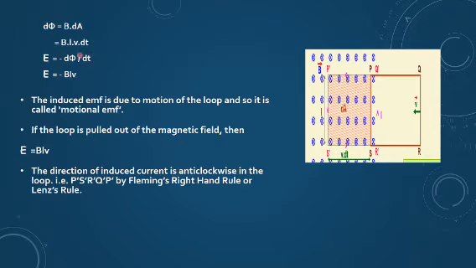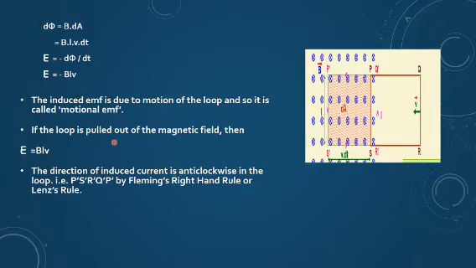But I know that induced EMF, by Faraday's laws of electromagnetic induction, is equal to minus d phi by dt. The negative sign is given by Lenz's law, that you know. So you can put the value for d phi by dt. It means you will be taking the derivative of BLV dt, so we will be getting BLV. Again, the negative sign is to show the direction, which is always to oppose the production of the EMF.